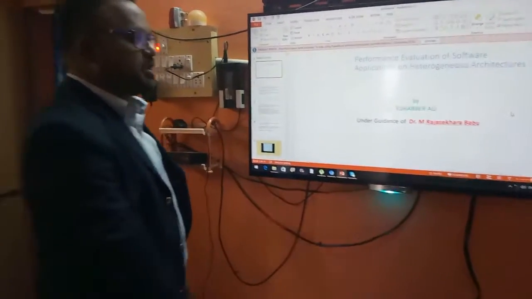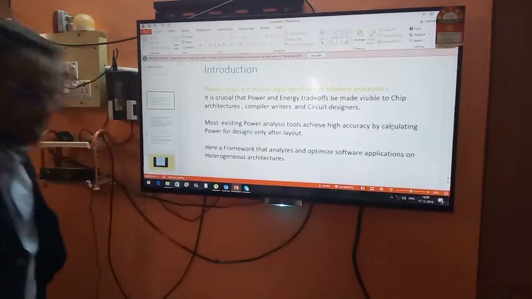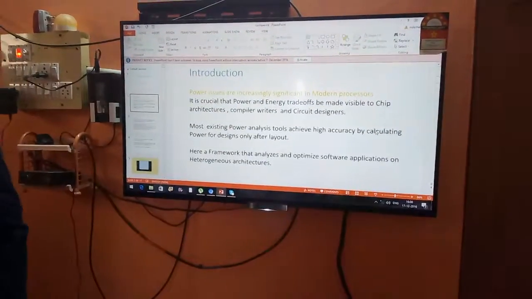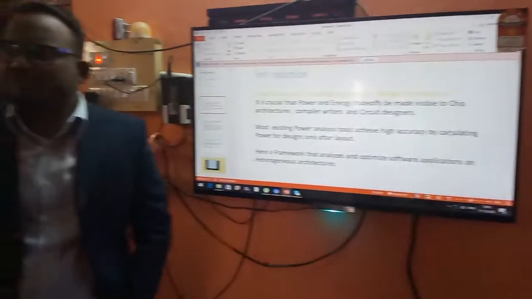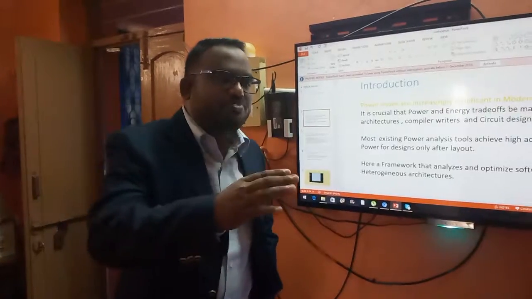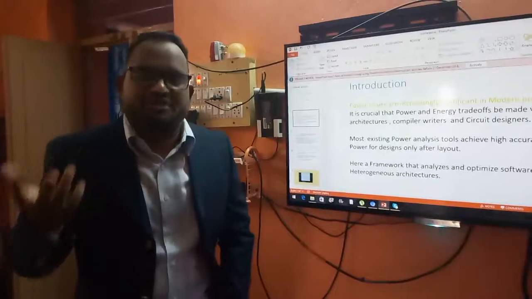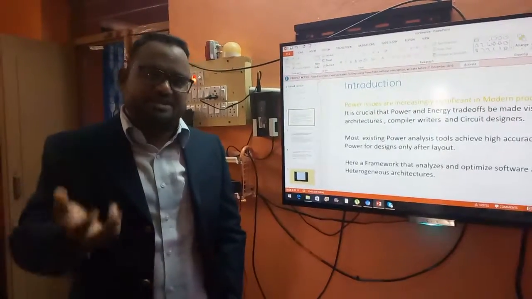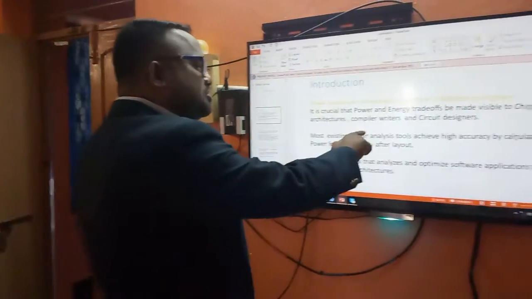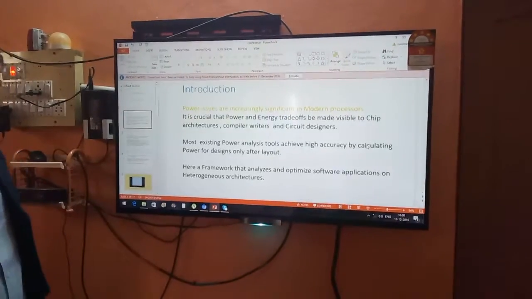Now today my paper is performance evaluation of software applications on heterogeneous architecture. Nowadays power issues are increasingly significant in modern processors. Everyone wants to reduce the power without degrading the system. That means we have to process efficiently and very fast, but at the same time reduce the power consumption. It is a critical issue that the power and energy trade-off be made visible to the chip architects, compiler